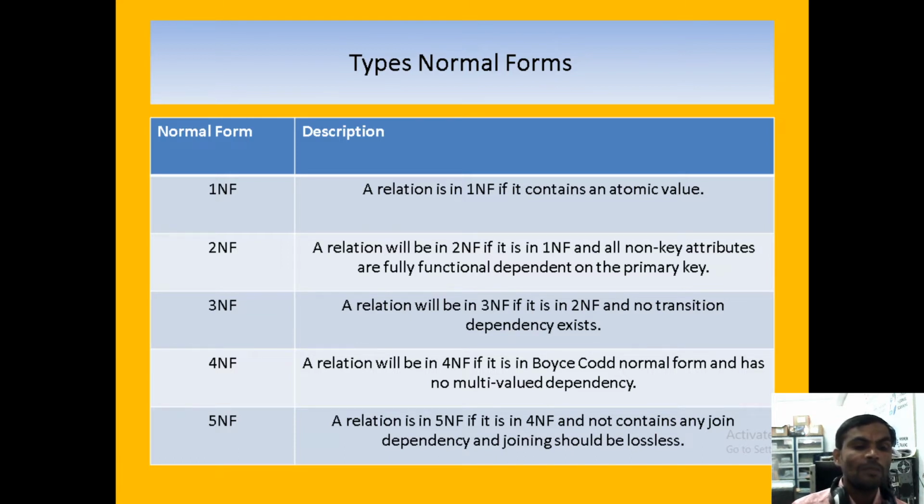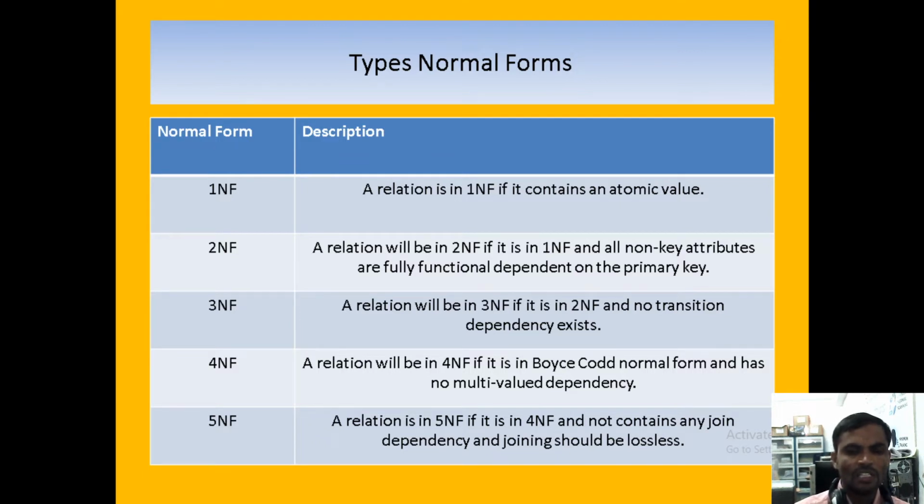If you want to implement the second normal form, first we should implement the first. After implementing the first only, then we should go for the second normal form. Under the first normal form, it can consist of atomic values, so we should convert to atomic values. After converting to atomic values, then we go to the second normal form. The first rule is that we should convert to atomic values.